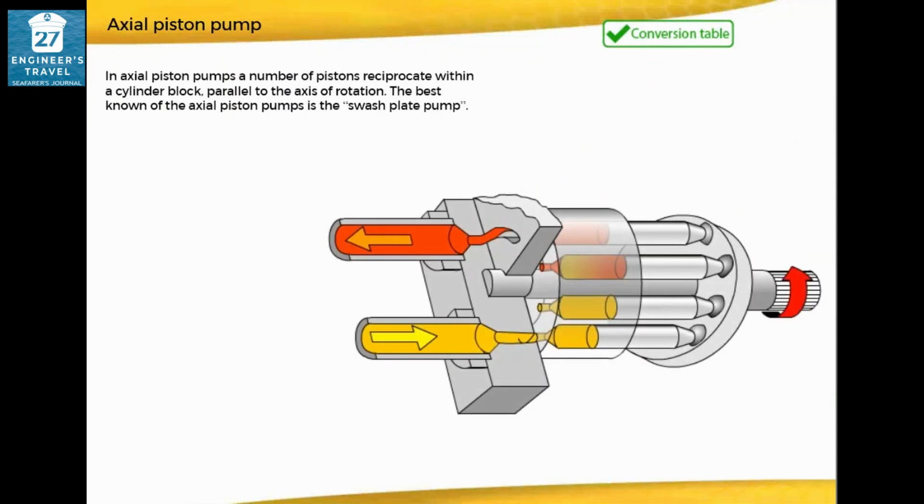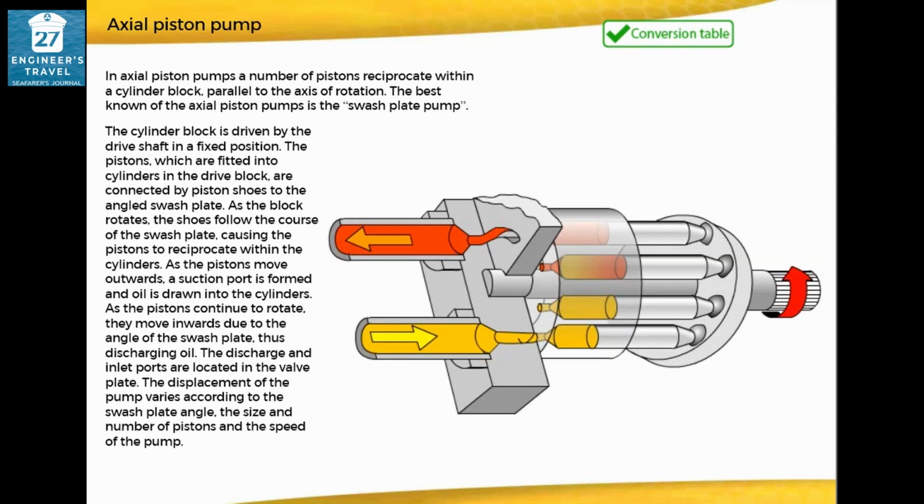In axial piston pumps, a number of pistons reciprocate within a cylinder block, parallel to the axis of rotation. The best known of the axial piston pumps is the swash plate pump. The cylinder block is driven by the drive shaft in a fixed position. The pistons, which are fitted into cylinders in the drive block, are connected by piston shoes to the angled swash plate. As the block rotates, the shoes follow the course of the swash plate, causing the pistons to reciprocate within